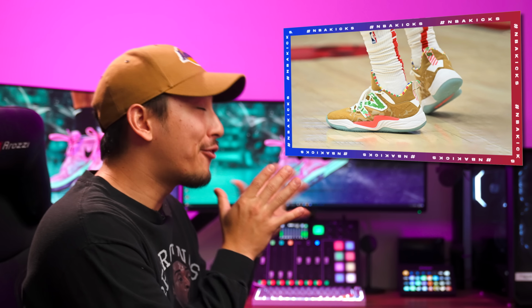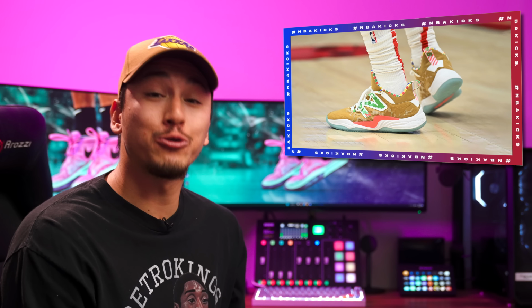Coming in at number 3, we have Zach LaVine with the New Balance TwoWay V3. Now, this is what I call a Christmas colorway. These days, Christmas sneakers aren't as festive as they used to be, but New Balance apparently did not get that memo, as they show up this year with a new colorway of the TwoWay V3s, which are obviously inspired by